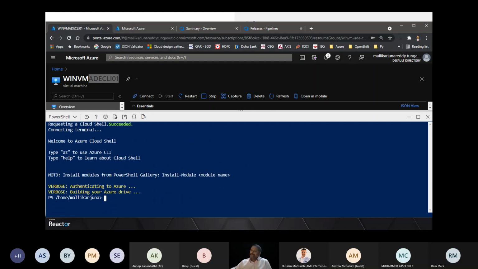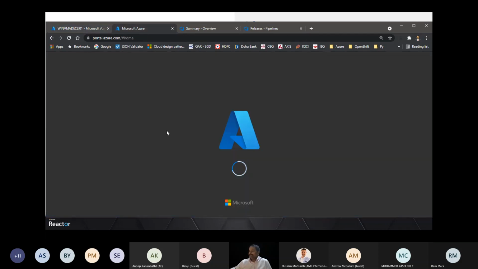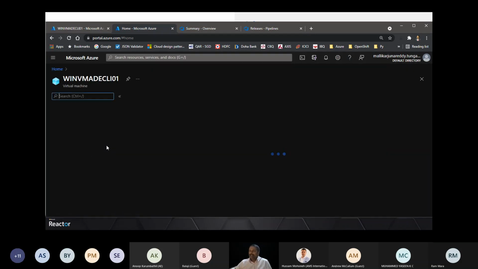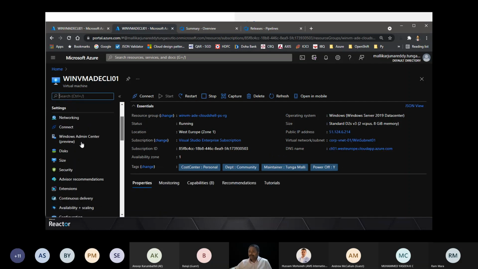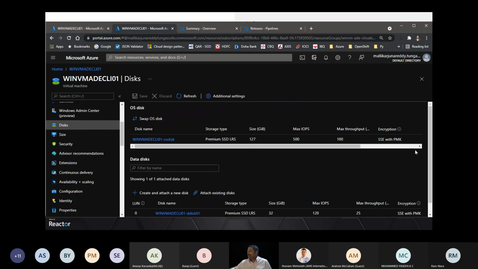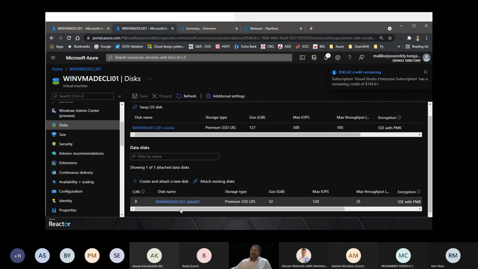And there is one more key point. When you have a virtual machine and you have a data disk here, if you want encryption to be enabled, the data disk should be mounted inside the virtual machine.